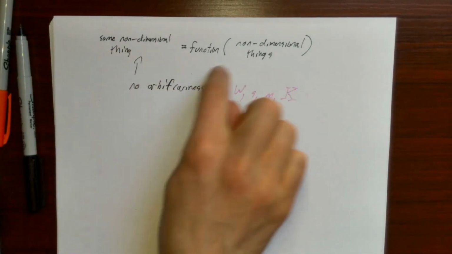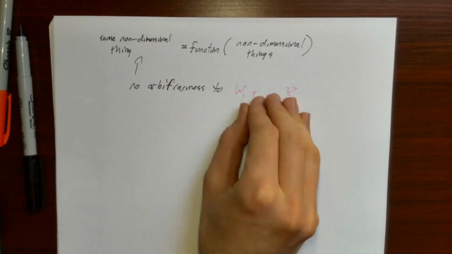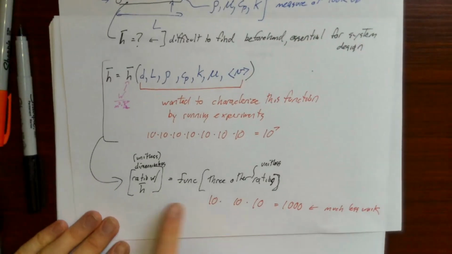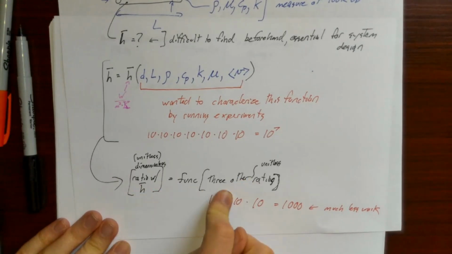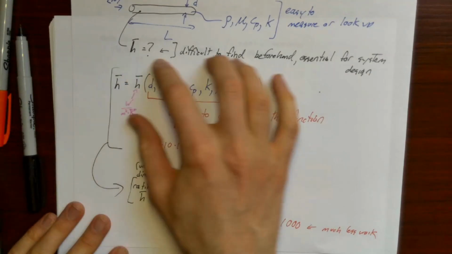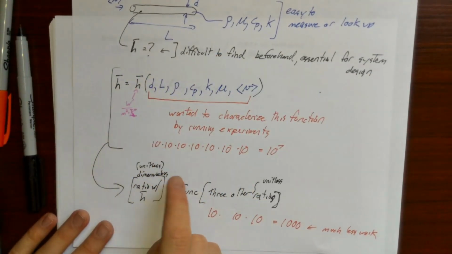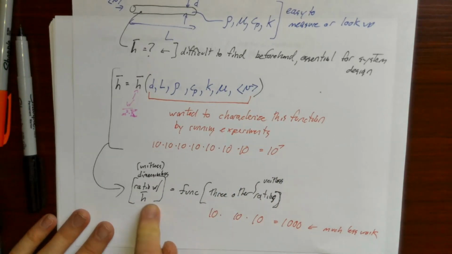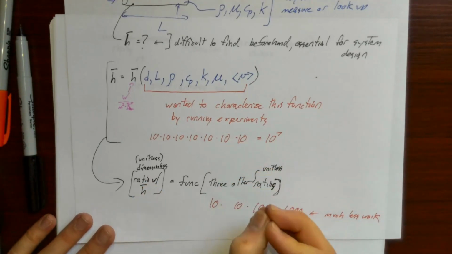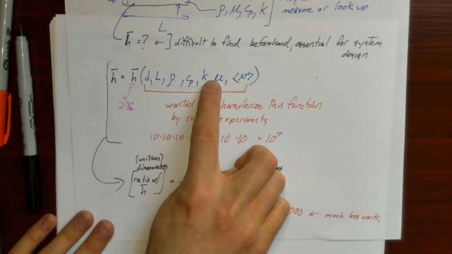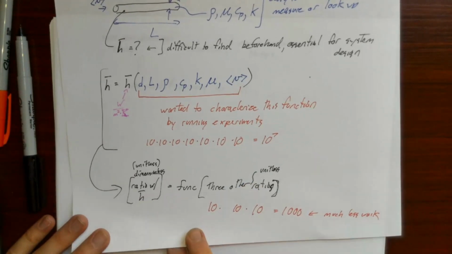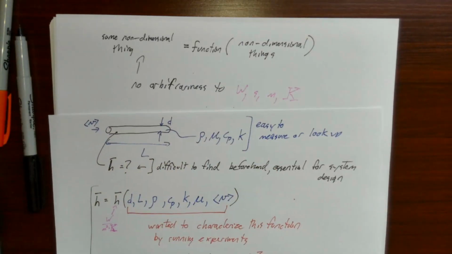Well, if these relationships truly transcend whatever arbitrariness we put on our units, but are really some physical quantity, we only need to get what this physical relationship is between things. And since this arbitrariness of units essentially adds complexity to the relationship, we only need to figure out what the physical relationship is. And this physical relationship essentially is a function of ratios of things. So physics isn't really about these things in particular, but really just about the ratios of these things, because physics doesn't care about the arbitrariness of the units that we put in.